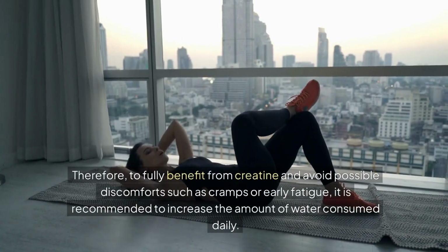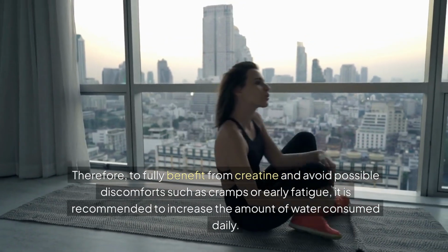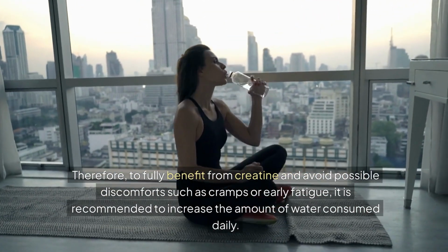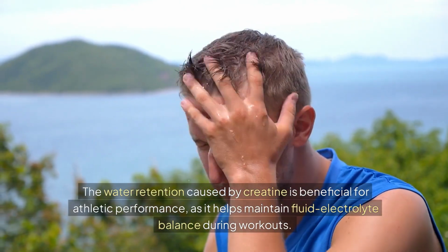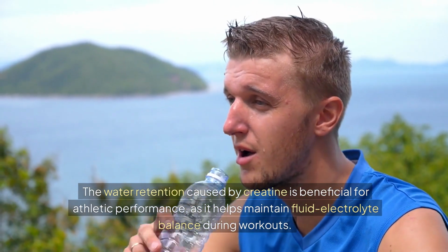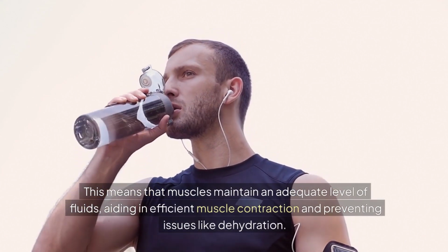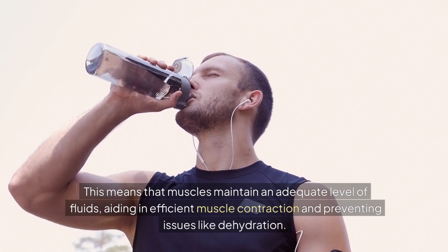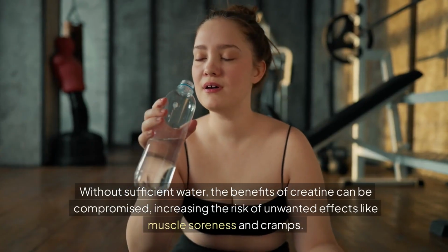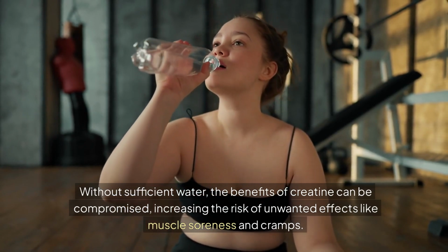Therefore, to fully benefit from creatine and avoid possible discomforts such as cramps or early fatigue, it is recommended to increase the amount of water consumed daily. The water retention caused by creatine is beneficial for athletic performance, as it helps maintain fluid electrolyte balance during workouts. This means that muscles maintain an adequate level of fluids, aiding in efficient muscle contraction and preventing issues like dehydration. Without sufficient water, the benefits of creatine can be compromised, increasing the risk of unwanted effects like muscle soreness and